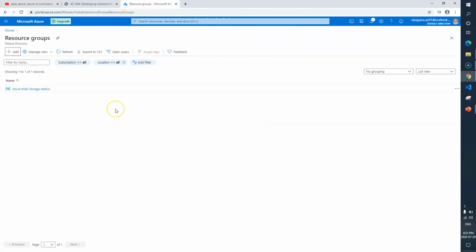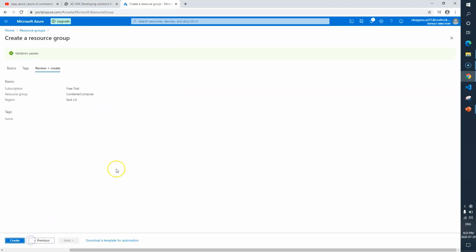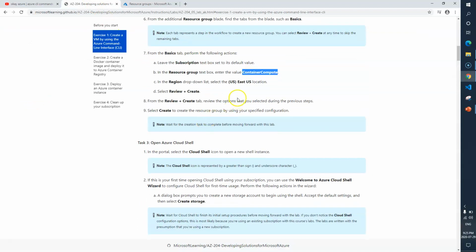Now here the subscription will be as it is. For resource group, I want to create a new one, so I'll give this name. Location is East US. Okay, and create. Review. Okay, perfect. Oh, it's so quick. Now you can see here we have one resource group called container compute. So that is what we are supposed to do until here.